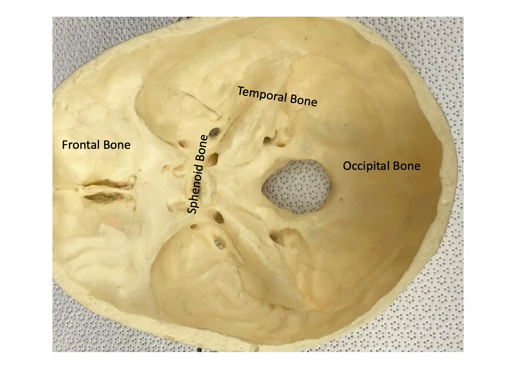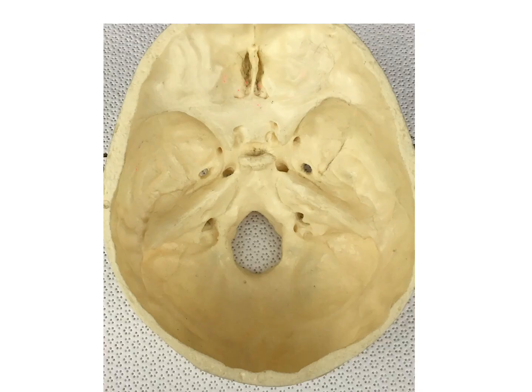Let's now head internal into the cranial bones. Notice we have our frontal bone, temporal bone, occipital bone, and sphenoid bone visible here. We're going to add one more bone to the visible bones here, and that is the ethmoid bone. So we're going to change the orientation of the skull a little bit here, and let's take a look at the landmarks, and we'll start with landmarks of the sphenoid, in which we have the greater wings and the lesser wing. The greater wing is going to continue across the breadth of the skull. The lesser wing is just that small little region of the sphenoid where it is going to articulate with the